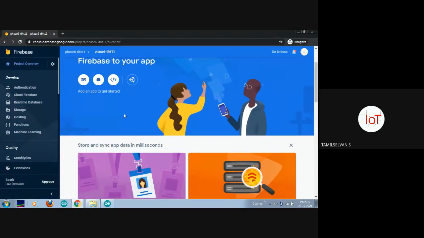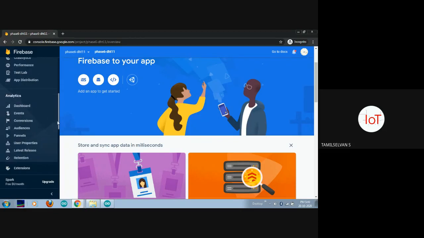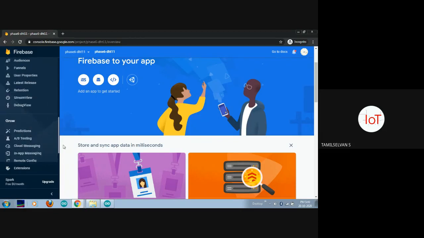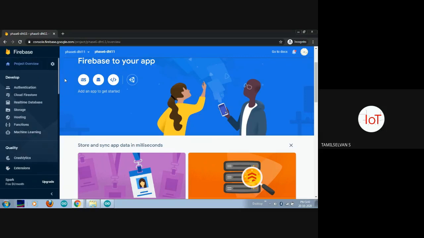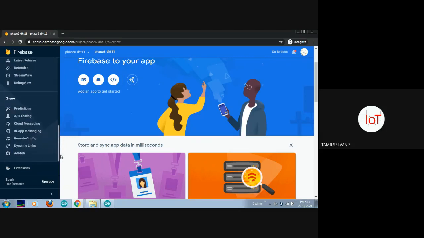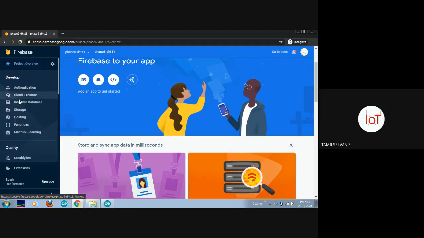Okay, and next one, your database. So as I said before, your Firebase also allows you to host your website. So if you want to host your website freely, you can use this option, hosting, and functions are also there, and machine learning. It has a very vast future. To discuss these features itself, it will take one or two classes. So I'm just taking my real-time database alone. So for that, most probably I'm using this real-time database account.